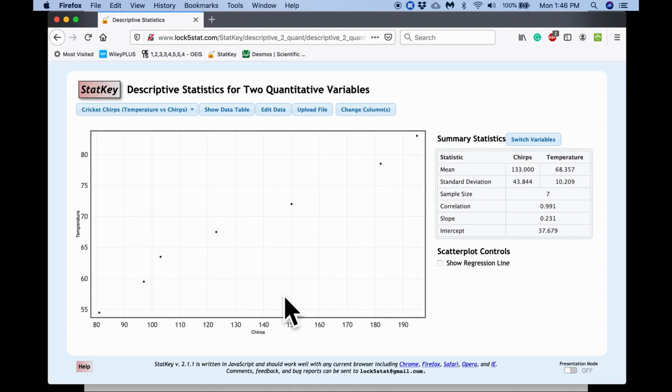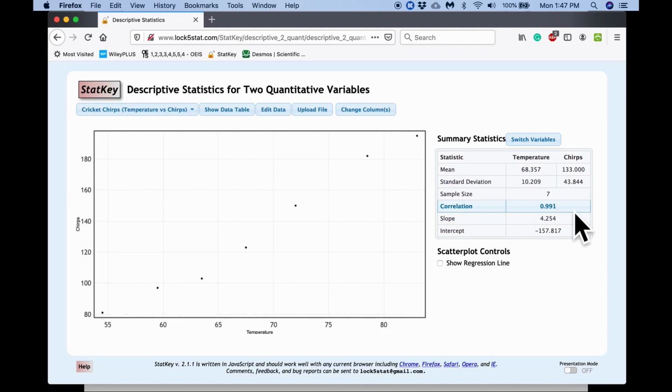Okay, one last thing I want to show you before we leave this example is up here. We haven't talked about this yet, but right above this summary statistics is this switch variables button. If you switch the variables, it will have the effect of changing the x-axis to temperature and the y-axis to chirps. Now, what I want us to notice here is that when I switch variables, this correlation is not going to change at all. Okay, so we're going to hit switch variables, and we're going to notice that the correlation is still at